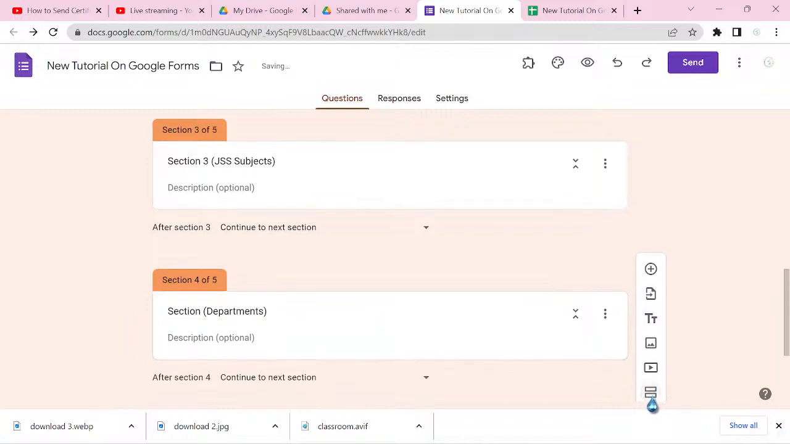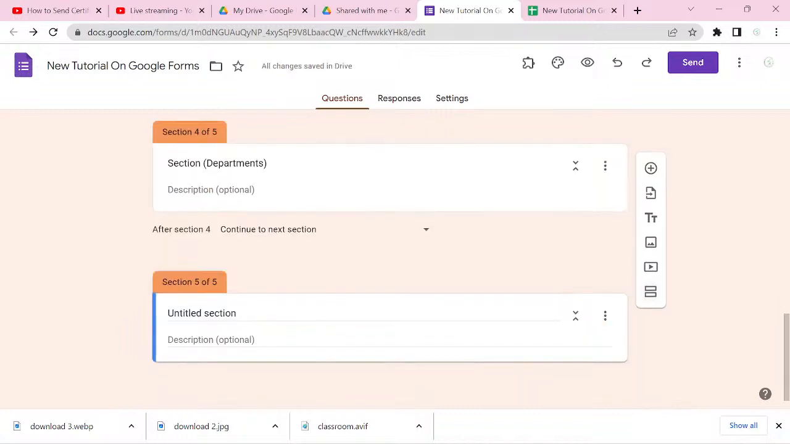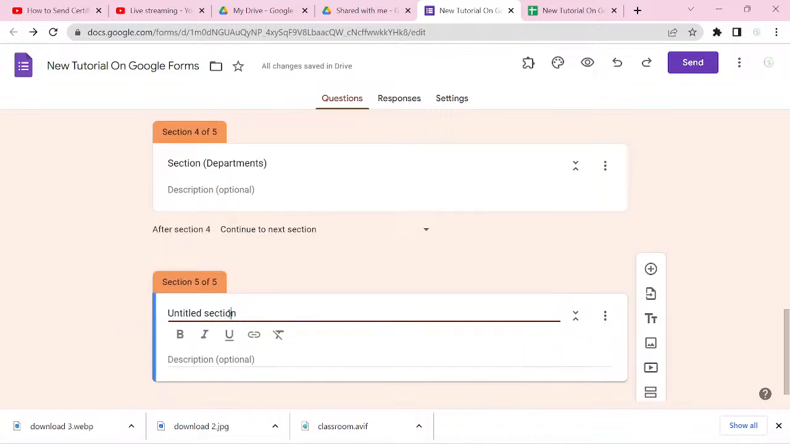Okay, so let's create another section. We are going to 9. Let's scroll down again. We create a section. Let's click on this. Then this will be section 5 in brackets. The name of our section 5 is basic